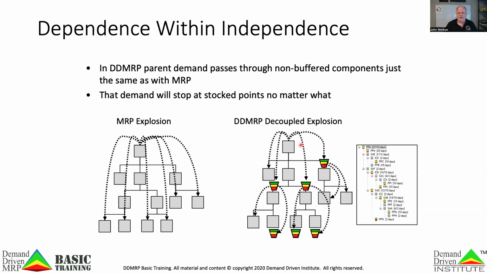With DDMRP, the change out at that end item, the explosion only happens in between the buffers. And so the similarities here is that here in between the buffers on DDMRP and that same segment here in MRP, DDMRP and MRP work exactly the same. They both try to net to zero, and they both want to assume precision work. So everything has to change, but there is much less chaos in managing 3 parts and the changes within